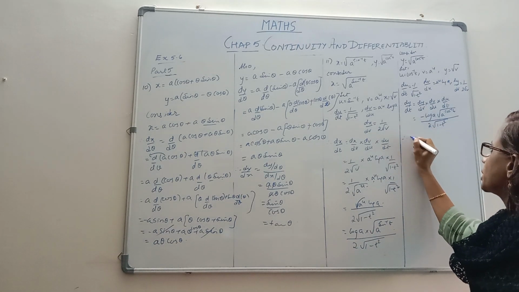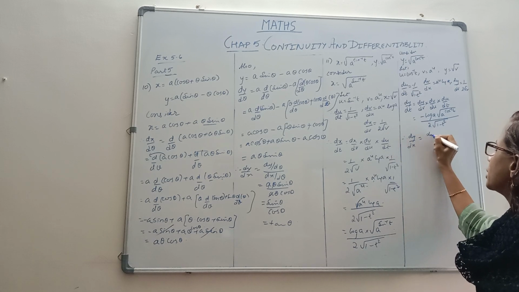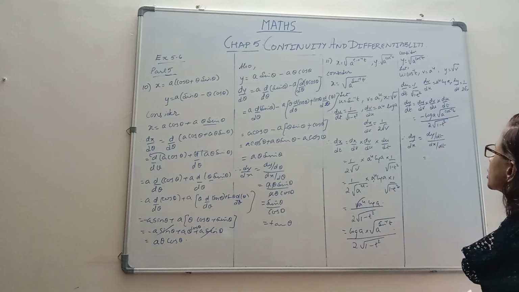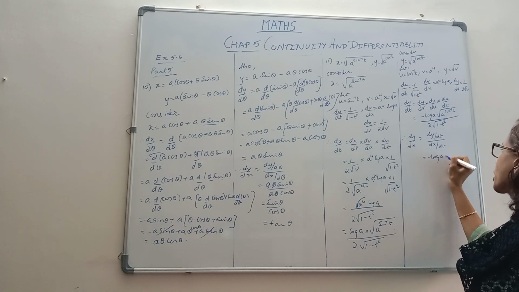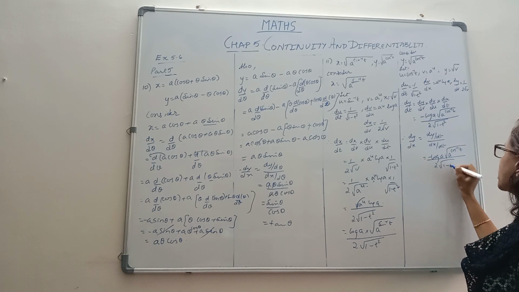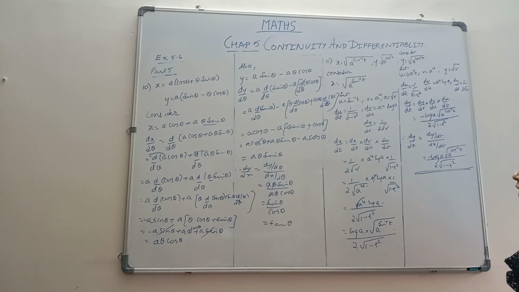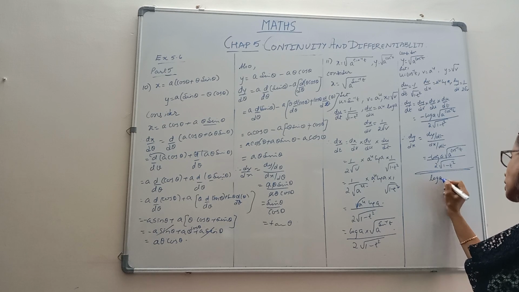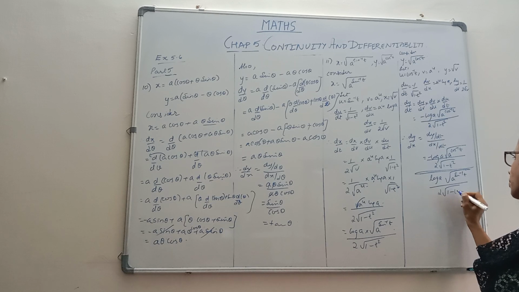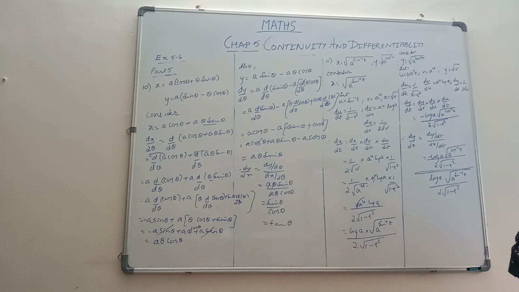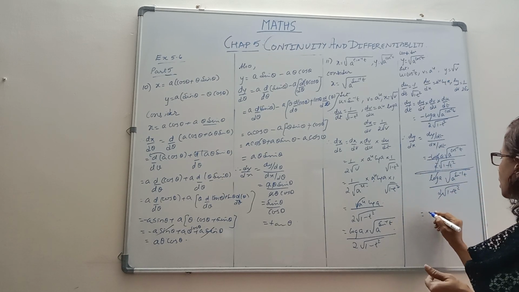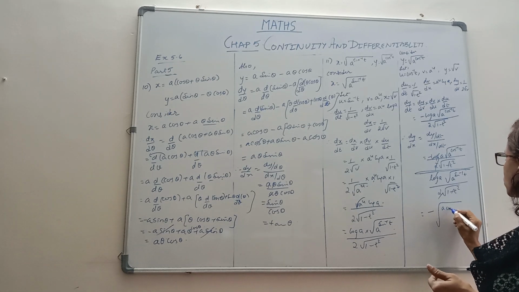So what will happen to your dy by dx? It will be dy by dt by dx by dt. And what are these? These are minus log a root of a raised to cos inverse t by 2 root of 1 minus t squared, whole upon log a root of a raised to sine inverse t by 2 root of 1 minus t square. I have told you numerator, denominator. So numerator cut, denominator cut. What are we left with? Minus root of a raised to cos inverse t